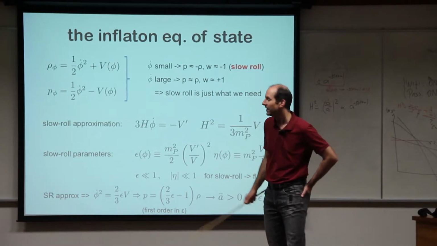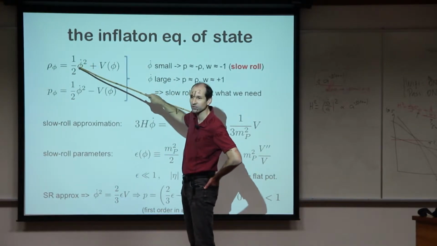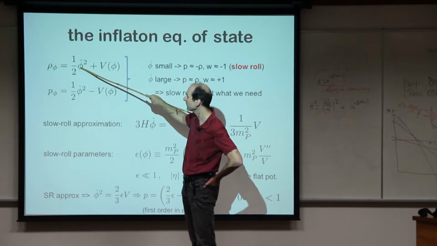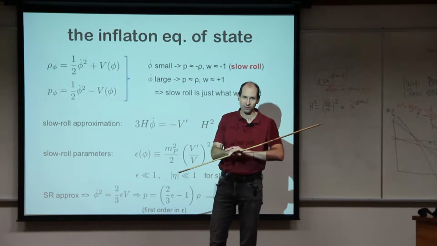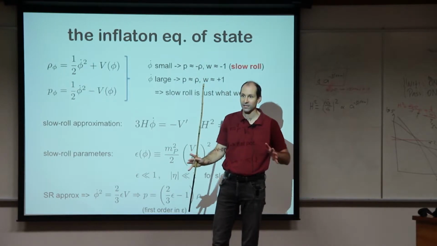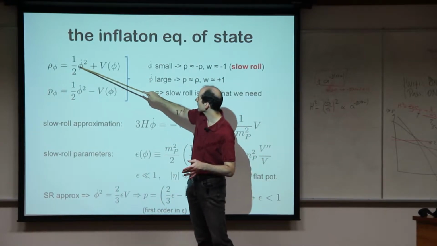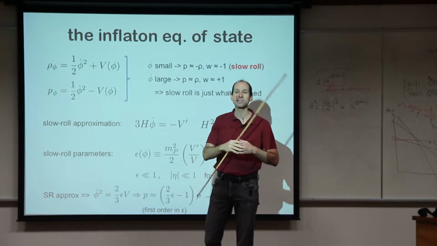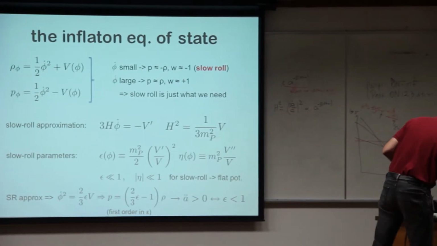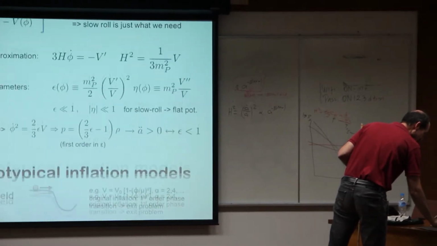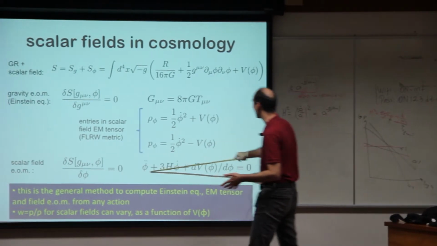Sorry? If phi dot is large, right, then the phi will vary in general. Because phi is the field, and the field will vary as a function of time. So since we only look at the perfectly isotropic and homogeneous case, nothing here can be a function of space. But phi is a function of time. The field can evolve in time. Actually, let me just go back. Let me actually, oops, that was the wrong way. So okay, what am I actually talking about here?